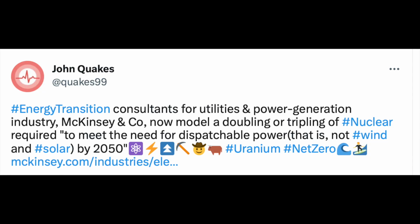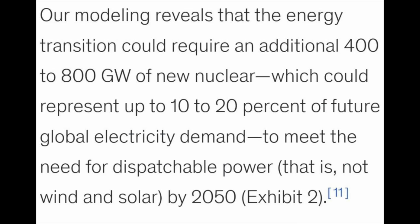And then we have one of the most expensive elite consulting firms in the world coming out with an analysis of uranium. Energy transition consultants for utilities and power generation industry, McKinsey and Company, now model a doubling or tripling of nuclear required to meet the need for dispatchable power. Our modeling reveals that the energy transition could require an additional 400 to 800 gigawatts of new nuclear, which could represent up to 10 to 20% of future global electricity demand to meet the need for dispatchable power, that is not wind and solar, by 2050. So just long-term tailwinds for nuclear power,